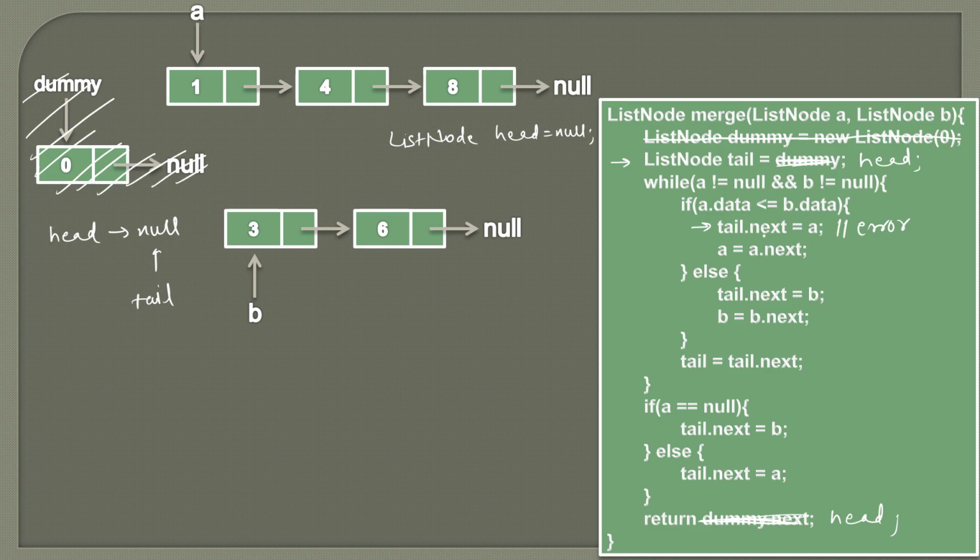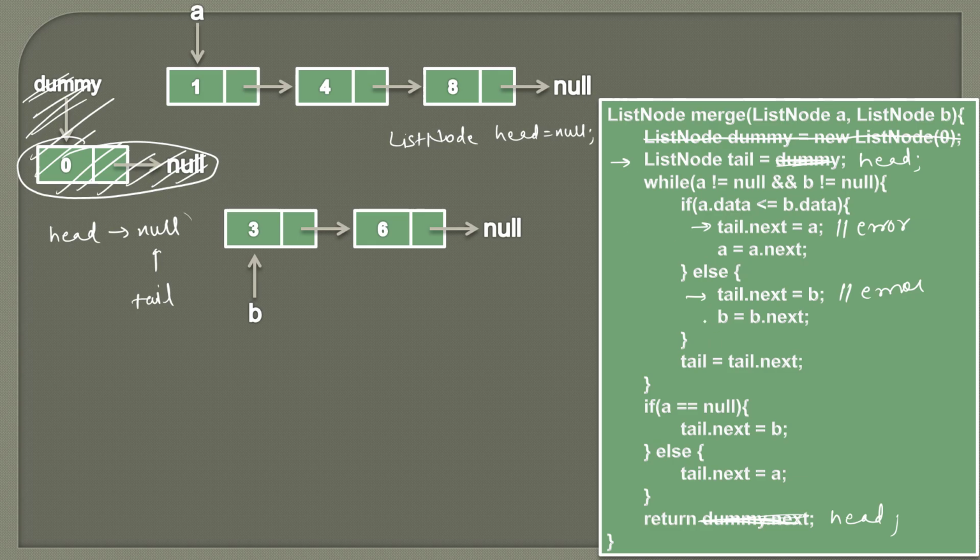On which we can call next. Similarly, here also we would have got an error. So we will get a null pointer exception. This is one of the use cases for creating this dummy list node, because we need this concrete object so that we can use tail and add these remaining nodes. So this is one important thing to remember: we usually create this dummy list node to avoid the null